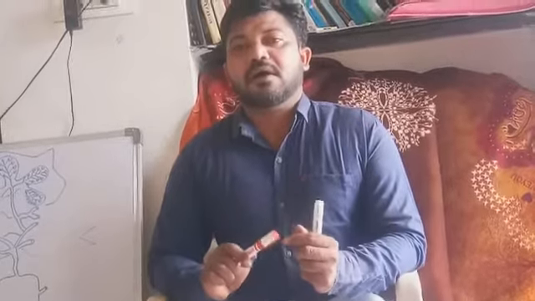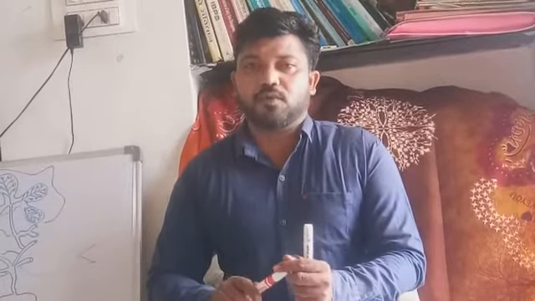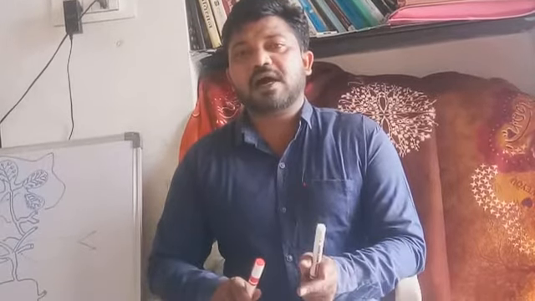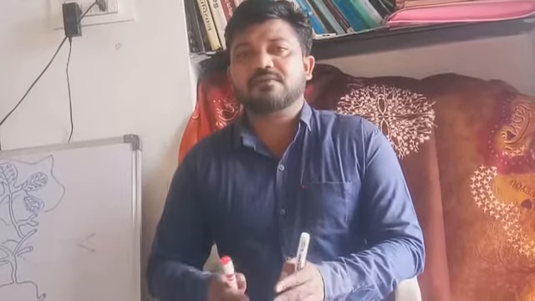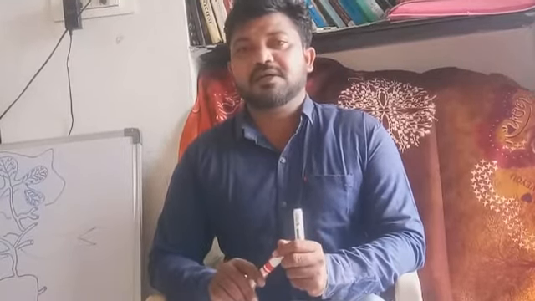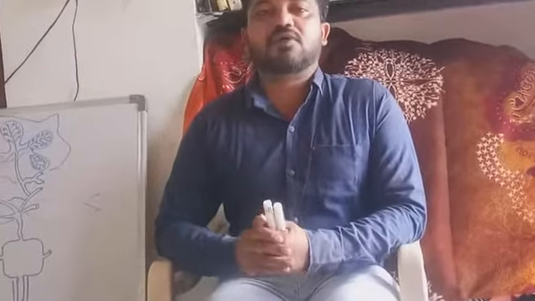As we know, externally the udder is divided into two equal halves by means of the intramammary groove, and internally the udder is divided into two equal halves, that is right half and left half, by means of the median suspensory ligament. In the figures we also showed how the division occurs. So today we will discuss a very important structure of the udder, that is called the internal structure of the udder.